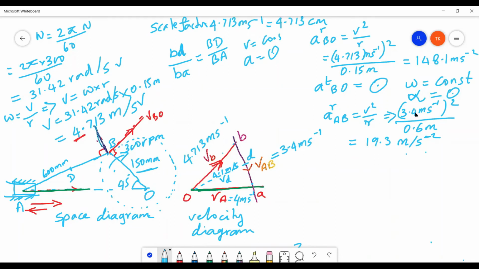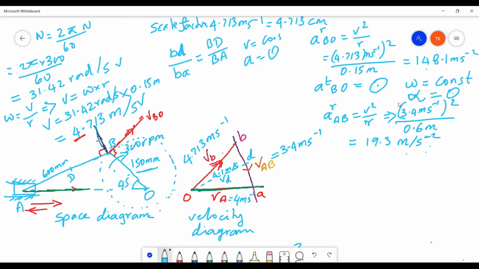Now we'll see if this data is enough to draw the acceleration diagram. If not, then we will find the other values also, and then we'll go for the drawing part. Now the acceleration diagram can be drawn. I have this value, I have this value, I have a 0 value, so I will try to go. If I need some more data, then I will go back to calculation.